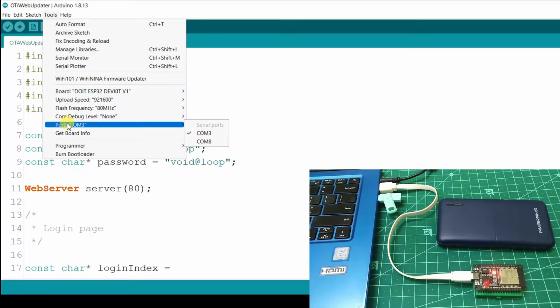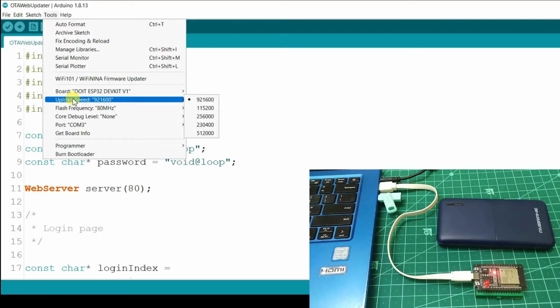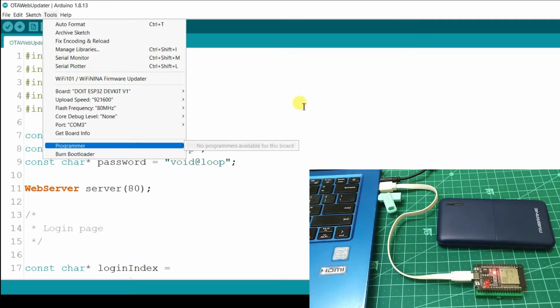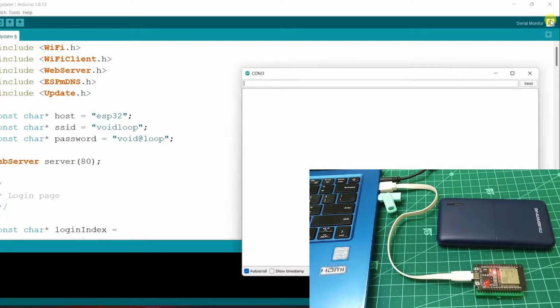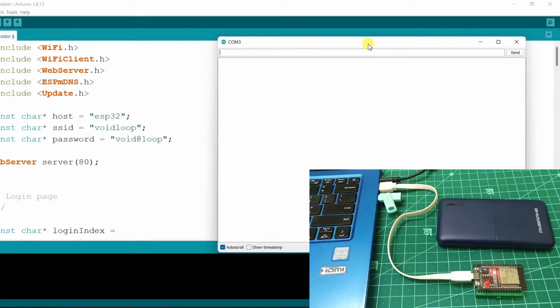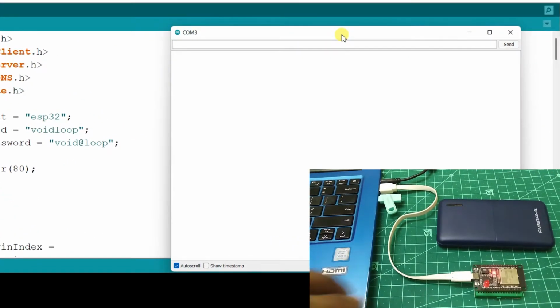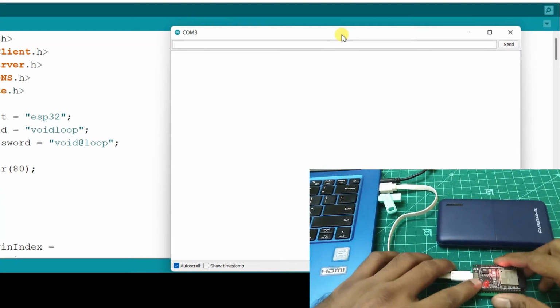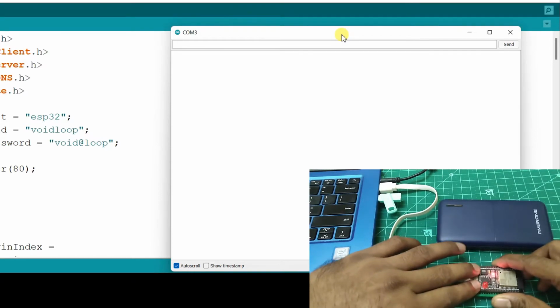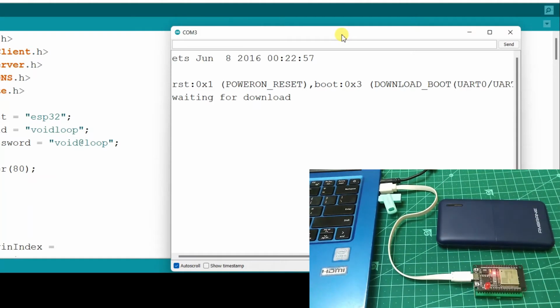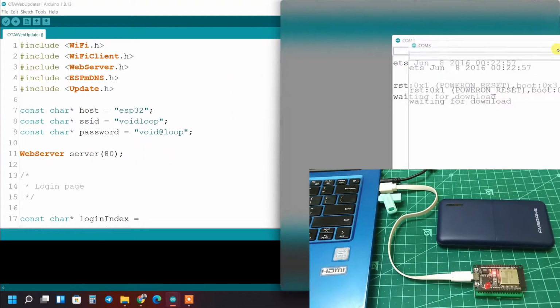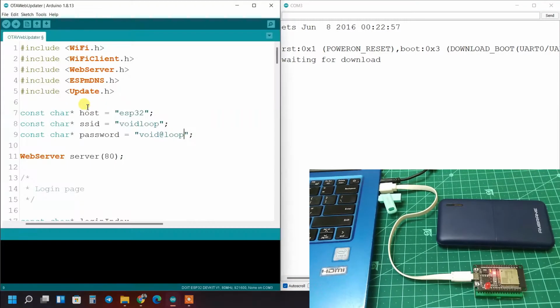Port is COM 3 is okay and everything is okay right now. So I will just open the serial monitor and select boot mode. So press boot button and enable. Now board is in boot mode. Okay, and upload.